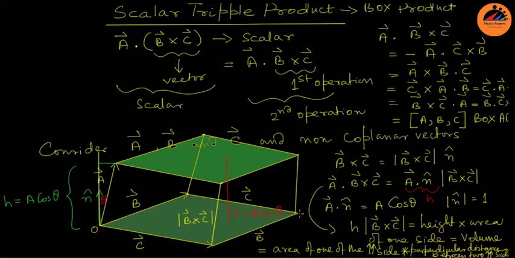Now let me show how you get this: a dot b cross c is equal to a cross b dot c, etc. So let me show that. Let's take the determinant structure, so that will help you. I'm going to the next frame.